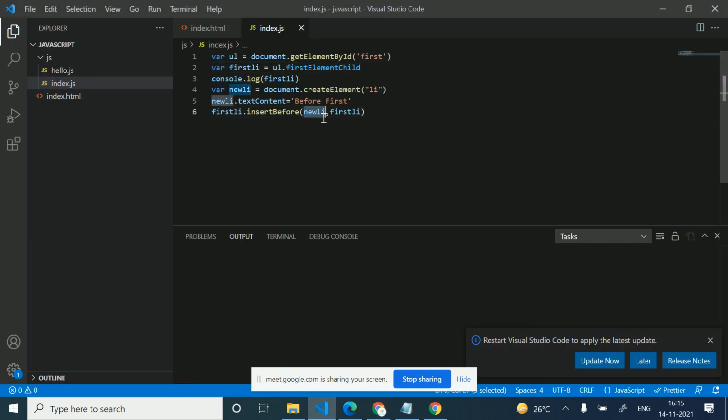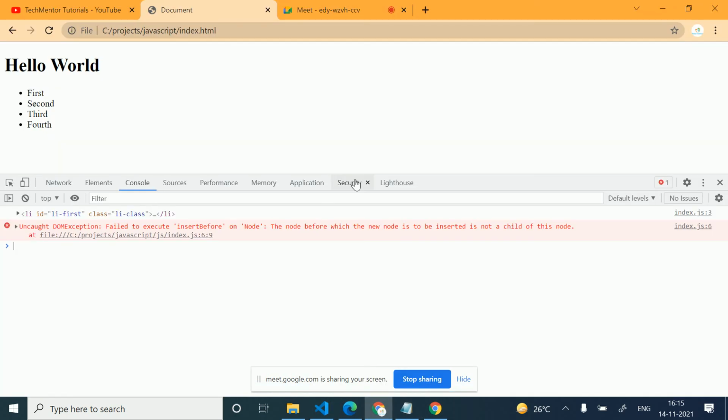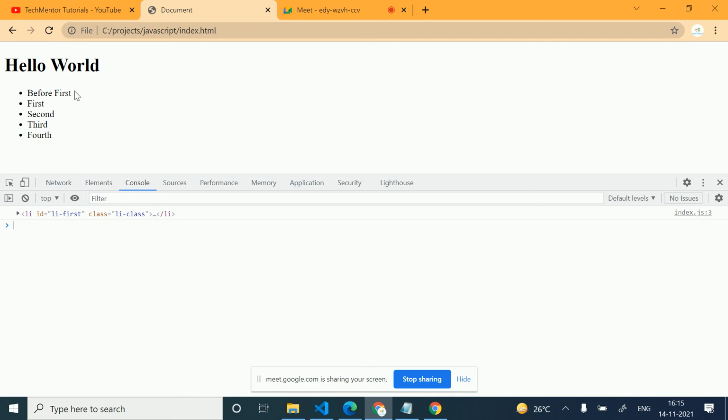So the new li, and the first element child we are inserting before. We are using the wrong one here, because it is the list li, so we will use li here. Now one element is inserted.